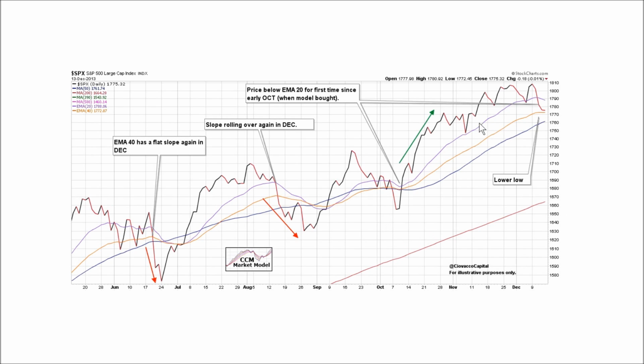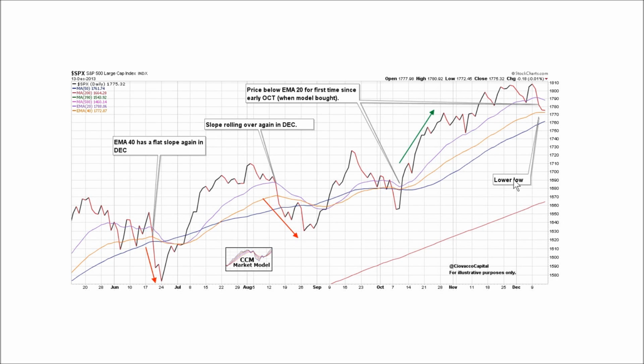13th. Just some slight deterioration, observable evidence. You can see after the October low, price stayed above the purple moving average. We never crossed below it until recently. This is a discernible change. During this whole move here, the slope is positive on the moving average. Not the case anymore. A discernible change indicative of a weakening trend. Nothing to panic about, but we've seen enough observable evidence to take a step away from risk.